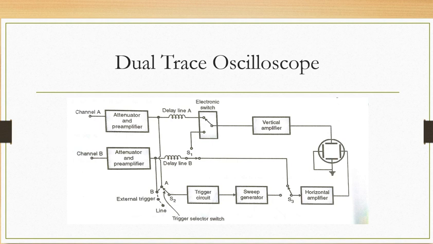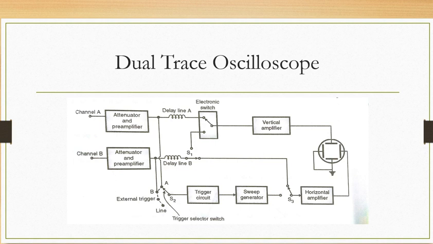and channel A will be connected to the vertical amplifier, and that is called XY mode. In this we will not get any voltage versus time graph, that you have to keep in mind. Instead, we will get patterns like Lissajous patterns, which will be used for phase angle measurement or to extract some information about the input signal, which we will discuss later, or for plotting the VI characteristics of a diode. So that is all about the XY mode.